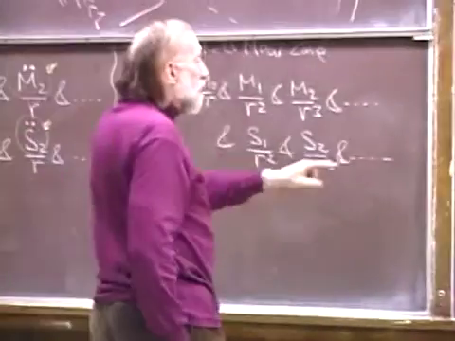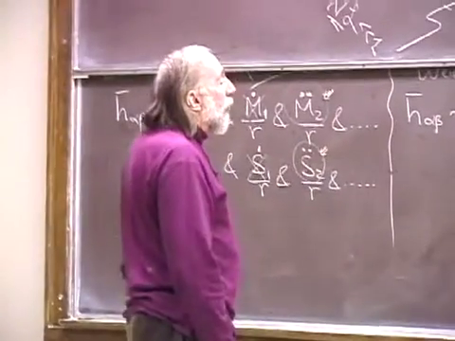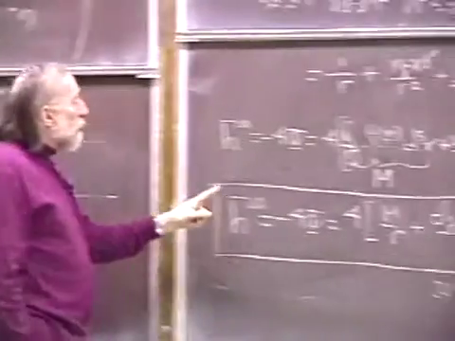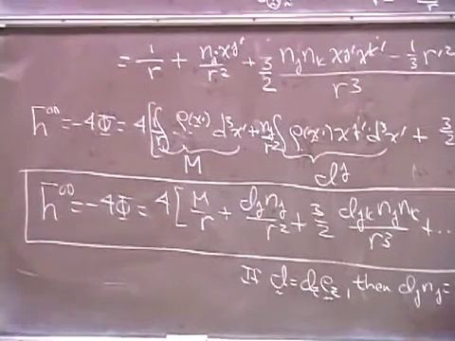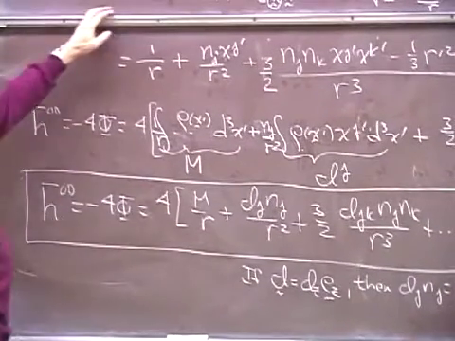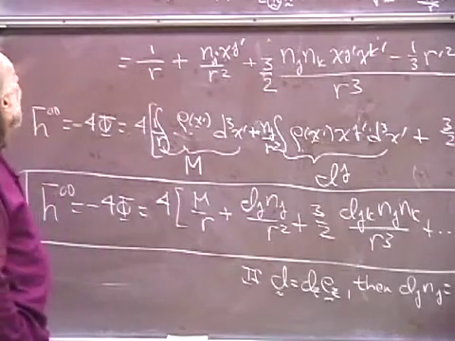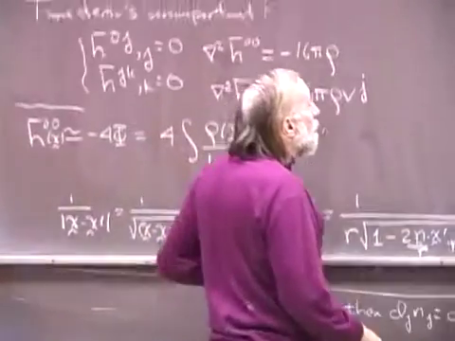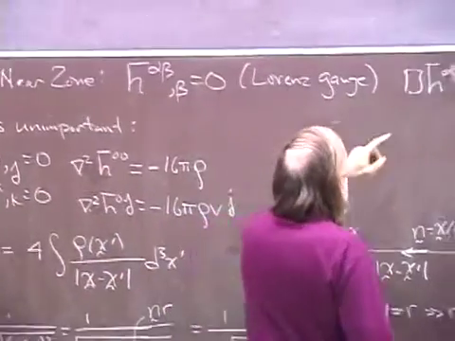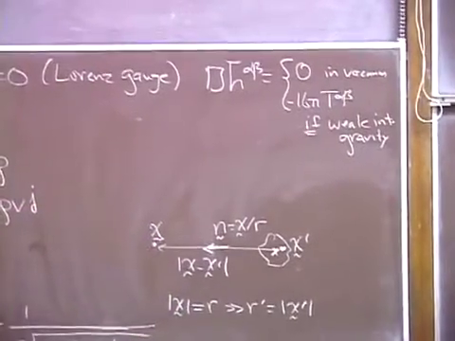Okay, so this is the form of h bar 0,0 in the near zone. And in fact, this is the only place that the mass quadrupole moment is going to show up, because in these field equations in the near zone, if you look at the field equations written, say, in this form,